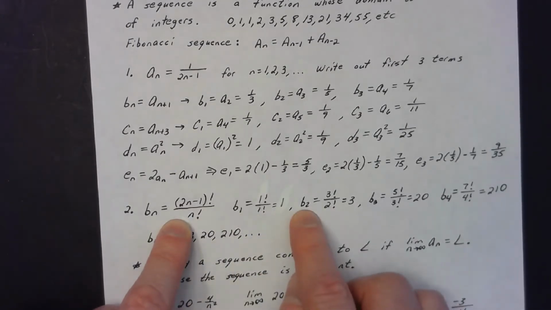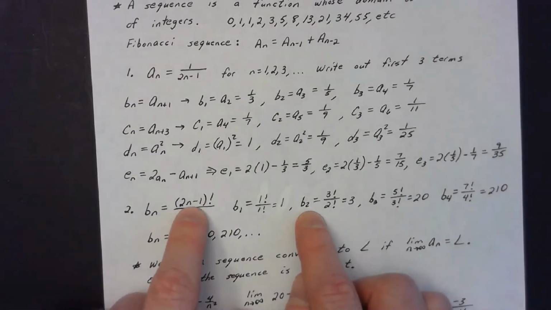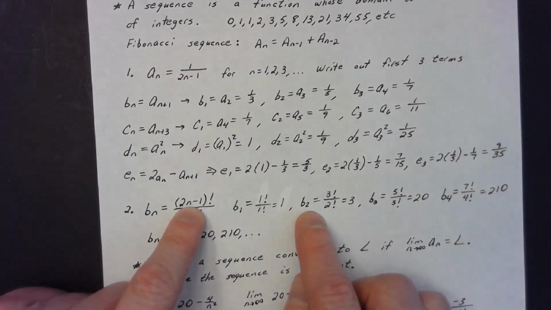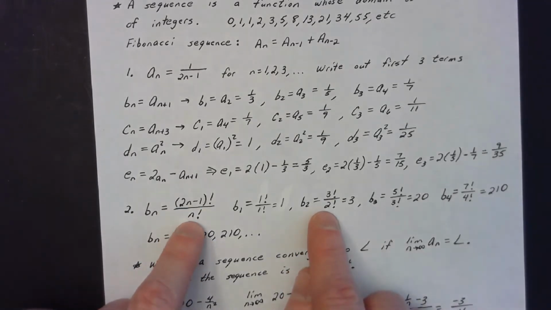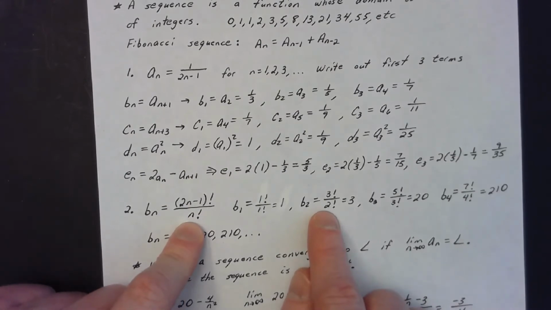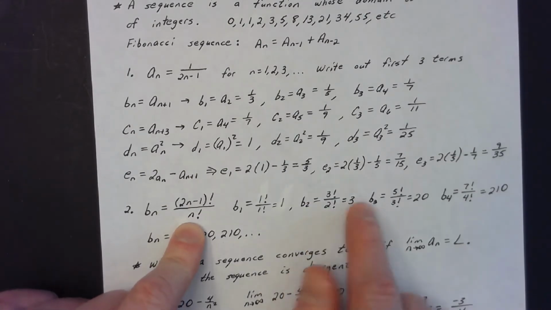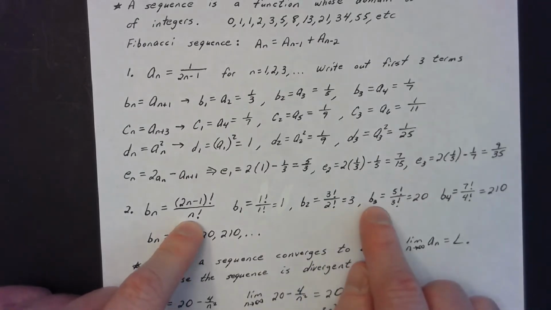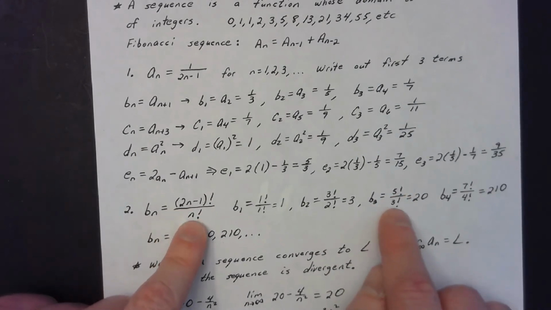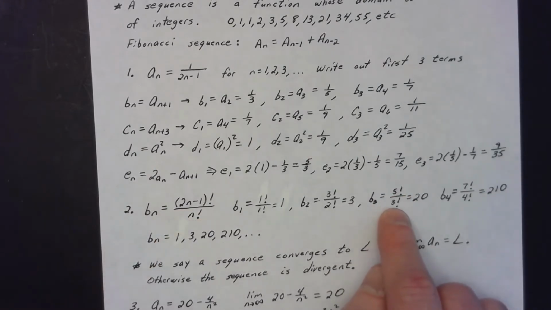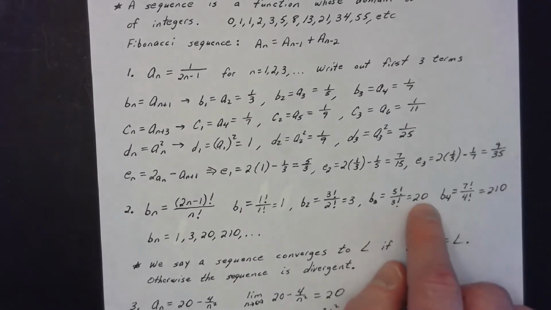What about our second term? When you plug a 2 into that numerator, you would get 4 minus 1. That's going to give me a 3 factorial in the numerator. Your denominator, when you plug a 2 in, obviously a 2 factorial. So I have 3 factorial over 2 factorial. That's just going to simplify down to be 3. If I say, well, what about the third term of this sequence? You'd plug a 3 in for n in the numerator. You'd get 6 minus 1. That's going to give you a 5 factorial. Your denominator, obviously, the n factorial, 3 factorial. 5 factorial over 3 factorial ends up just being 5 times 4, which we know is 20.